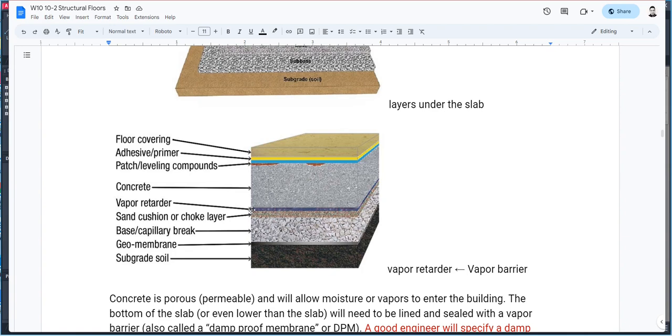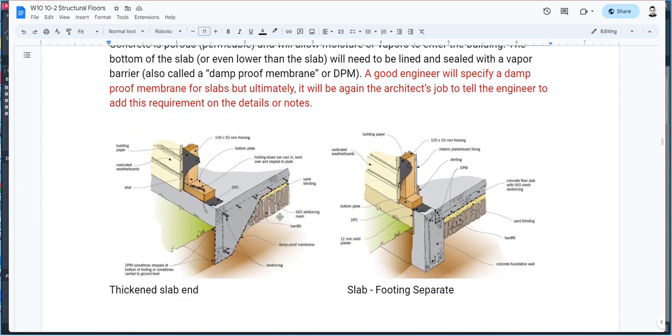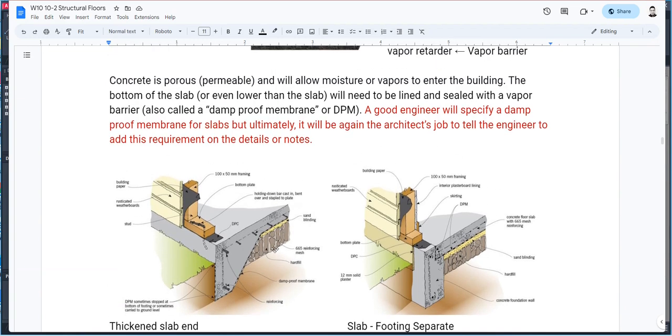And the sand itself tends to be sort of a way for water to build up and then go somewhere else except up. And that's what the vapor retarder is, the vapor barrier. Okay. So because you have water seeping in or vapors coming up from the ground, we have to put a membrane or a vapor barrier called a damp proof membrane all around so that it stops any vapor from rising